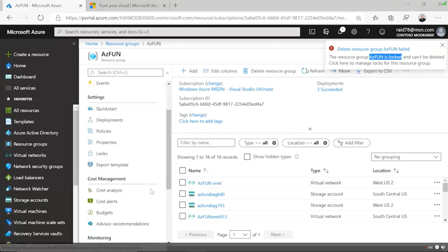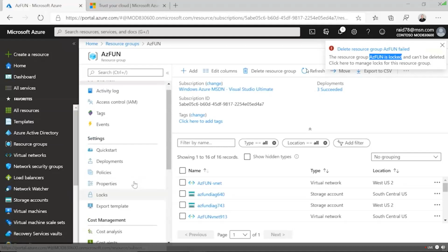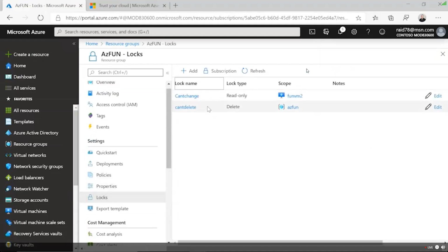Now, where did I set this up? I set this up inside my locks. So if I go to locks, you'll see the lock for that resource group. There's the can't delete, which is a delete lock, but I also have this one for read only. But notice the scope. I put it on FunVM2 is where I put the scope, but it's read only. Now the read only lock is another special type of lock we have, and it's actually very specific. It's actually even more restrictive. It does everything the delete lock does, but it also marks the resources as read only. And this is where I want to be very clear. It marks them read only from an Azure perspective. In other words, I put this on a VM that's currently running.